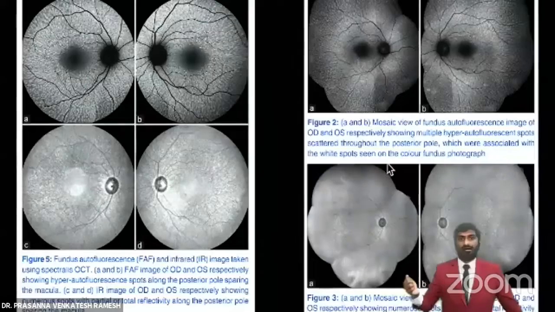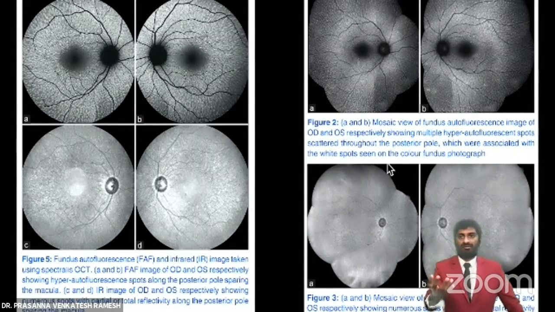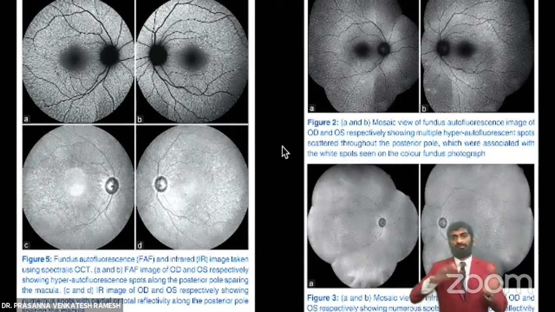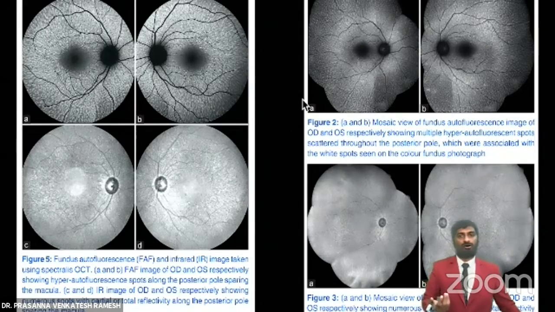As you can see, more than the color fundus photograph, we also have the additive luxury of using a fundus autofluorescence and an infrared reflectance image. So it makes our job even simpler. Some pathologies can be picked up much better with other tools too, or it can be picked up with color fundus, but with other images like fundus autofluorescence and infrared image, it makes our job as a clinician even more exciting and thrilling.